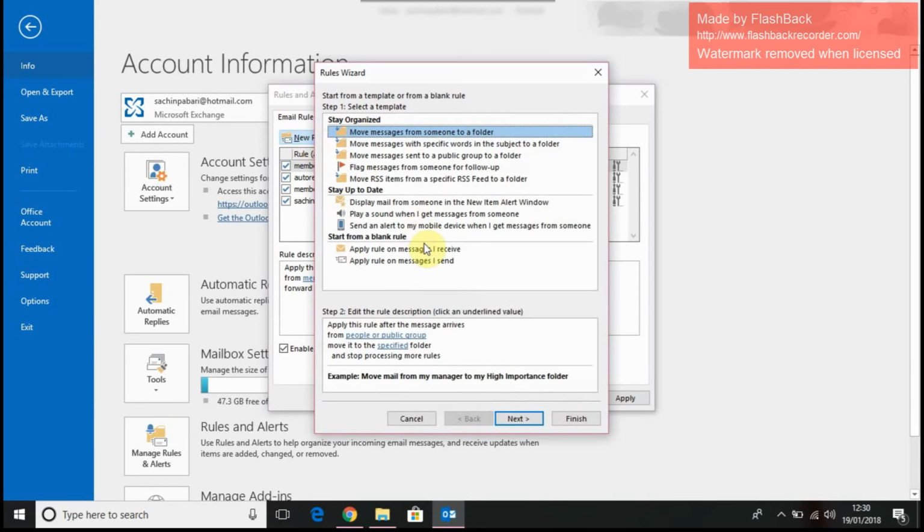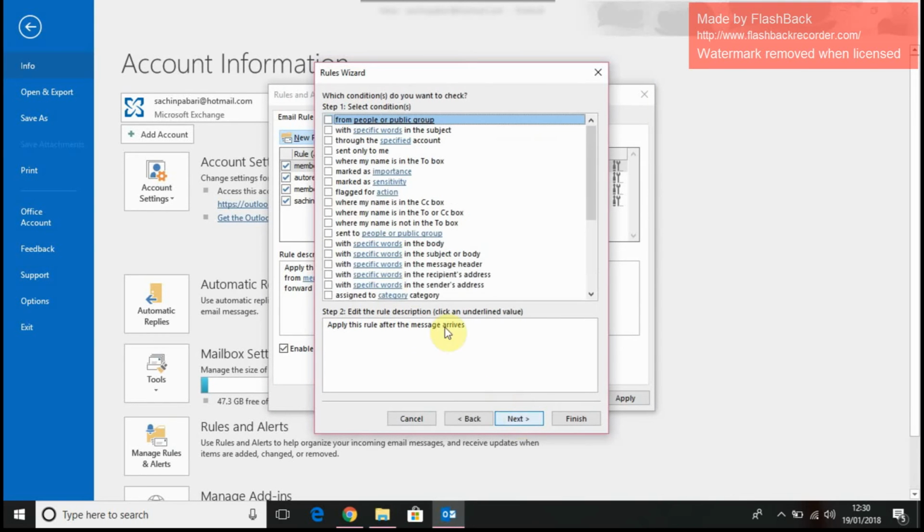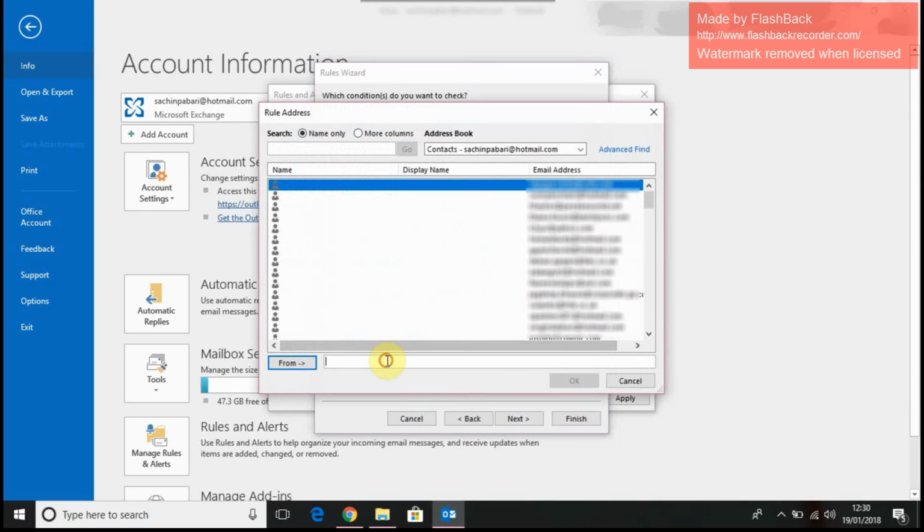Now, pretty much exactly the same thing, but we're going to do this for Rightmove. So apply rule on messages I receive, click Next. From people or public group, click on people or public group. Now we're going to use the email which generates lead inquiries from Rightmove, and that would be autoresponder@rightmove.com. Just click OK,